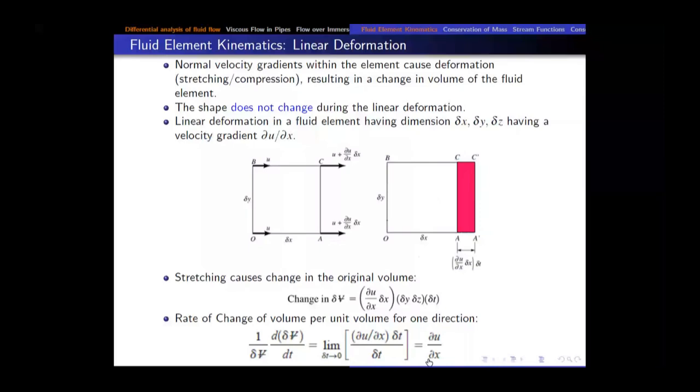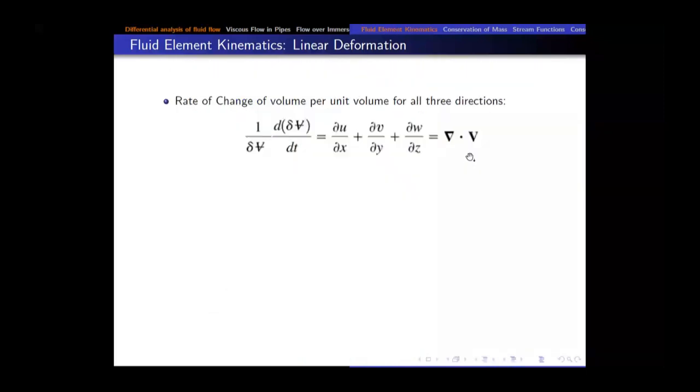Similarly, for the rate of change of volume per unit volume in y direction, that would be equal to partial v by partial y, and partial w by partial z. और अगर हमें total rate of change of वॉल्यूम तीनों डायरेक्शन में निकालना हो, तो जो हमने अभी इंडिविजुअल डायरेक्शन में निकाला था उसको हम ऐड कर देंगे। तो हमारे पास आ जाएगा पार्शियल u बाय पार्शियल x प्लस पार्शियल v बाय पार्शियल y प्लस पार्शियल w बाय पार्शियल z, और उसको वेक्टर फॉर्म में हम लिख सकते हैं डेल डॉट v।